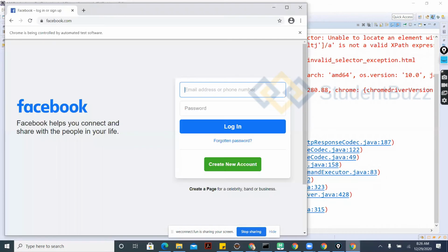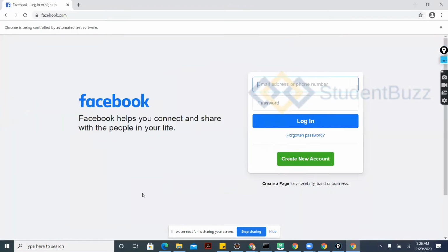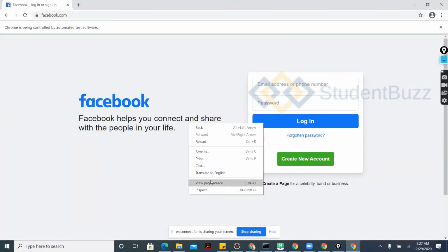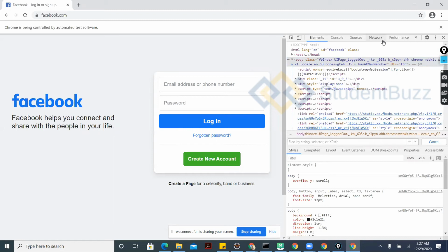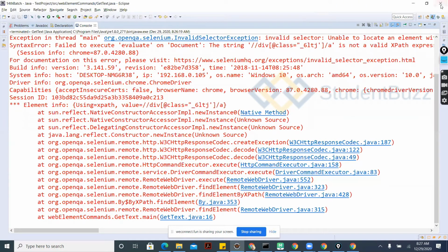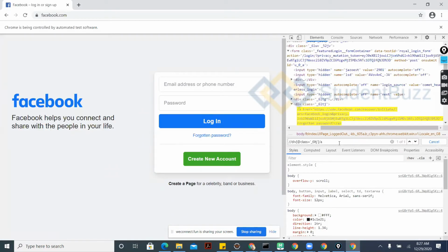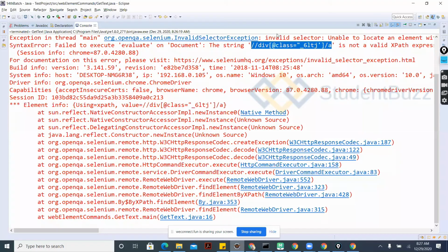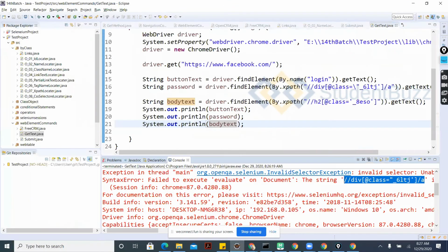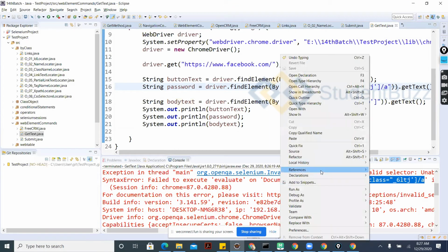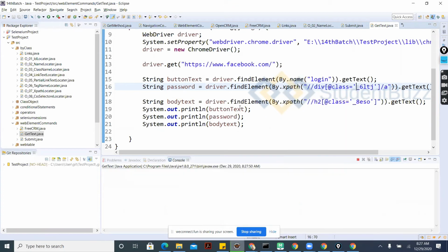Let's see why it is not. See, 0 and 0. Let's give this one single quote and one escape. It is not working. Change our XPath here to single quotes.